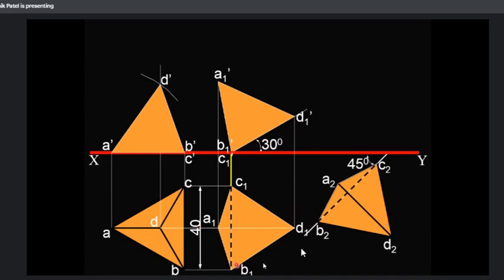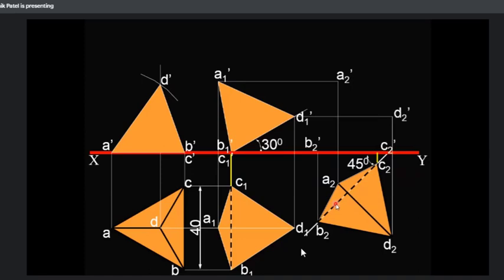Now check here: A1, B1, D1 and C1, all points are in anticlockwise direction. So similarly, A2, B2, D2 and C2, all points are in anticlockwise direction. So the directions in step number 4 and step number 5 remain the same. Now draw the vertical projections from each point of step number 5, and similarly horizontal projections from step number 3. So A2 vertical projection, A1 dash horizontal projection, and mark A2 dash, then B2 dash, then C2 dash and D2 dash.